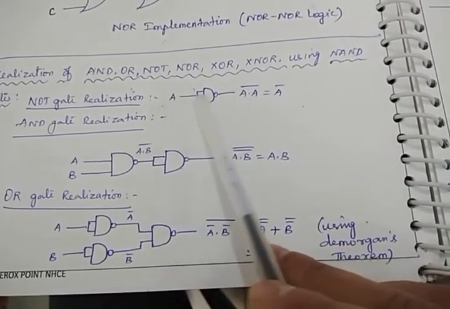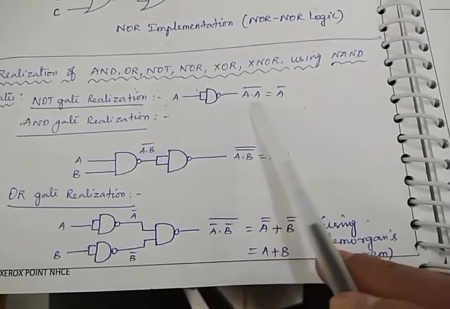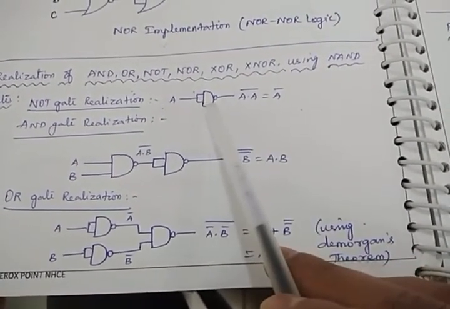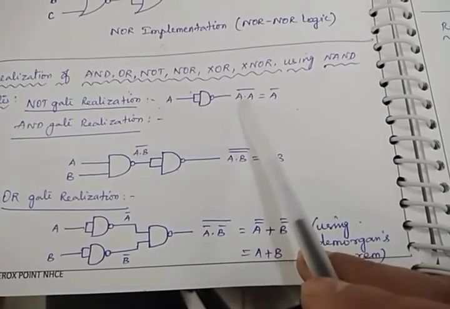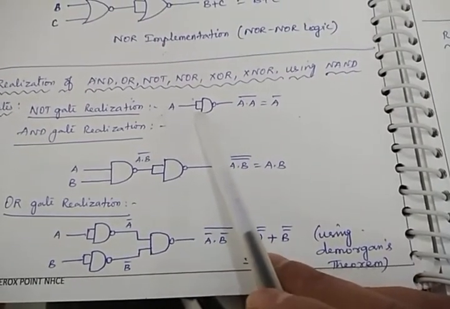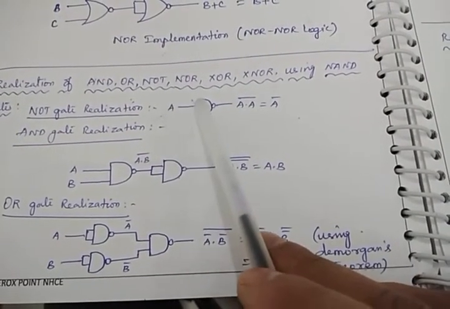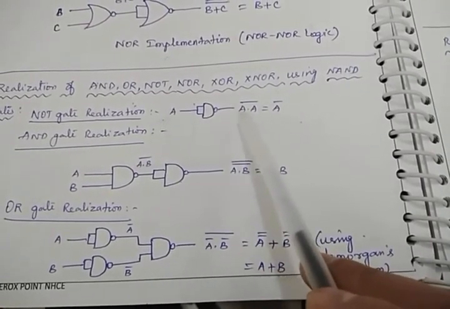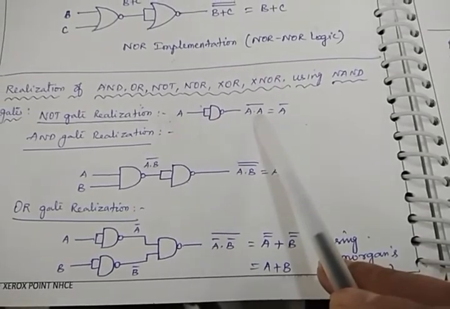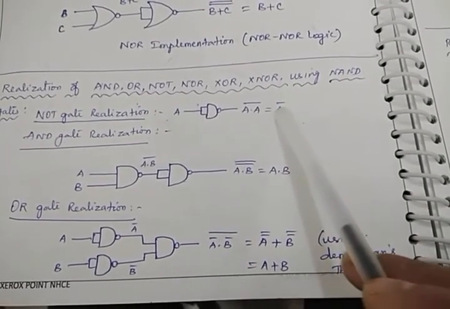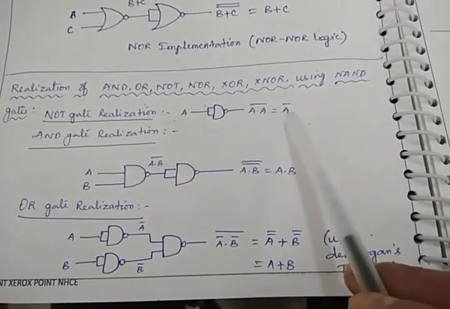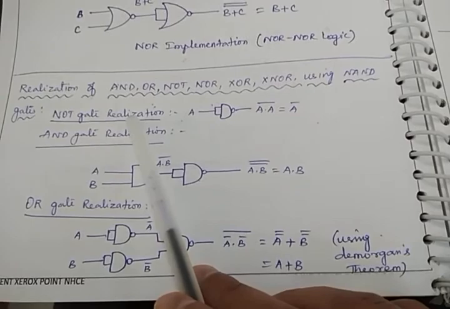See, if I give A to the NAND gate like this, I'll be getting the output A dot A whole bar. Generally the operation of NAND gate we know, output of the NAND gate is A dot B whole bar if the inputs are A and B. So I am giving the same input to the NAND gate, then I got A dot A whole bar. A dot A means A, in the identities we already gave. So finally I got A bar as the answer. Input is A, output is A bar, which means this is the NOT gate operation.